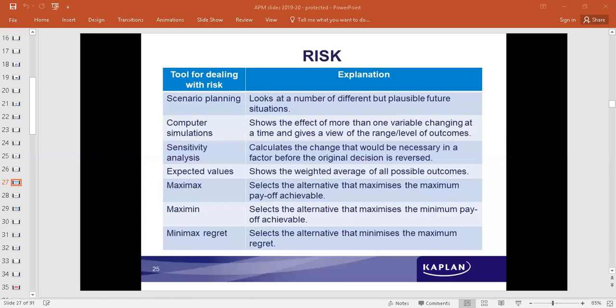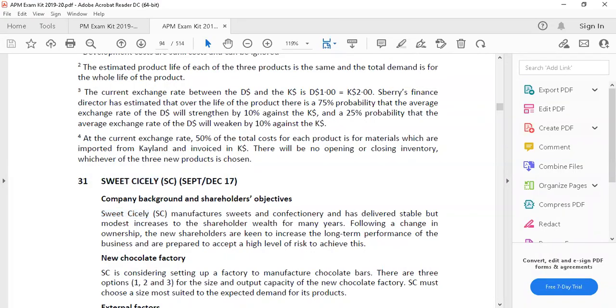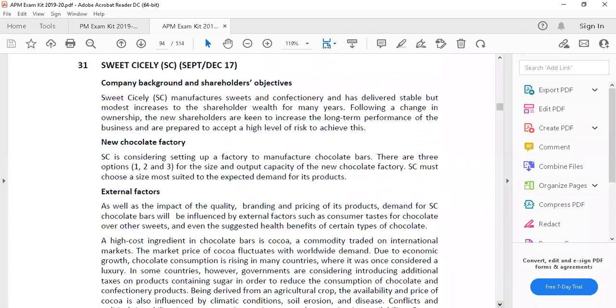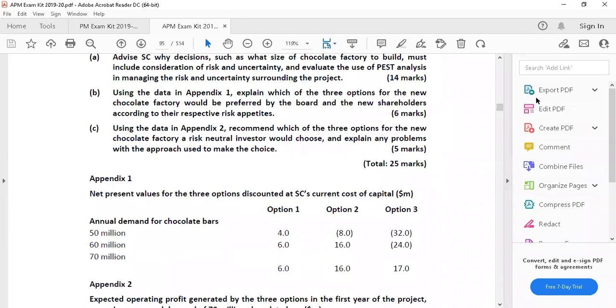We read through that. There's a case on Sweet Cicely. The requirements are the use of PEST analysis is one thing. Then it talks about